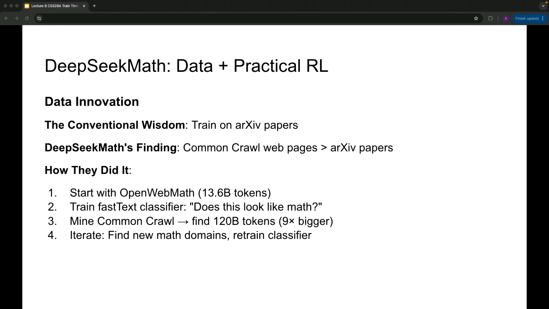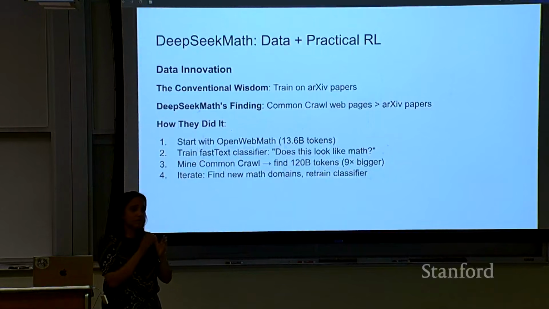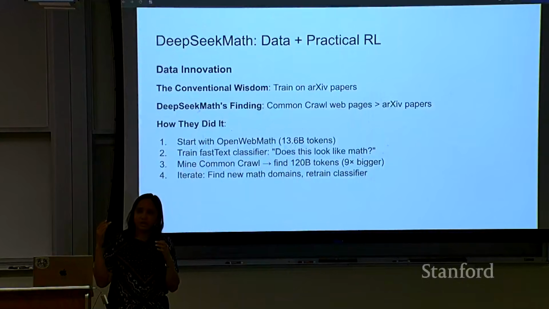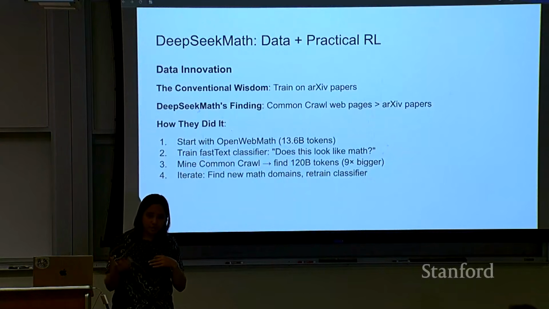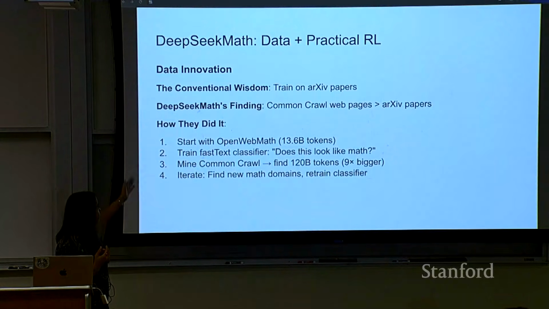The first thing that they got right was this. Typically when you try to improve on math, as in the Minerva paper, which improved the PaLM model on STEM, they trained on a lot of science and math data, typically arXiv data. What DeepSeek did was say that actually, training on arXiv papers is not the trick. They trained on Common Crawl web pages, but they started with a DeepSeek Coder model. They said that if you start with a model that has already been improved on code reasoning, then it will actually do better. And then they did a really good job